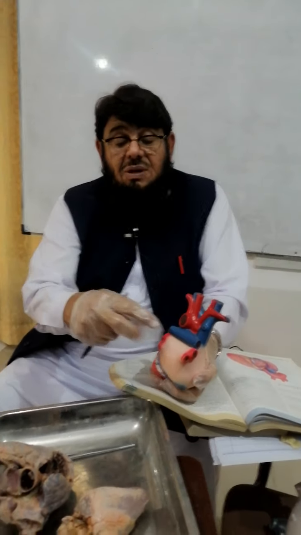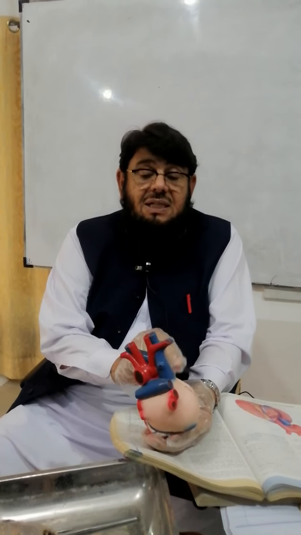Then the left atrium receives the oxygenated blood from the lungs through these four pulmonary veins and pumps it into the left ventricle. From the left ventricle then the blood passes through the artery to all of the body to supply it, also to supply the heart tissue itself.